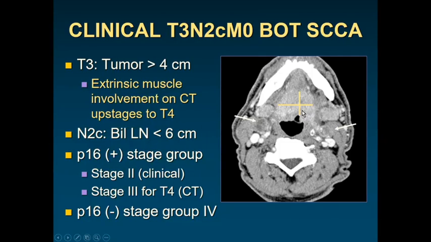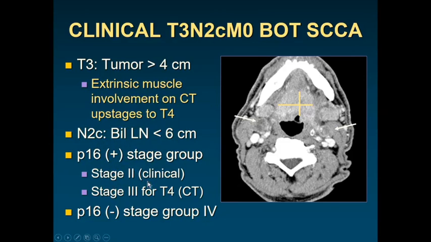This patient had a T3 tumor that was a little bit over 4 centimeters. You can appreciate on the CT scan that there's some involvement of the extrinsic muscles that would upstage this to a T4, even though clinically it was a T3. So this is a case where imaging actually made a difference. And there are bilateral cervical lymph nodes that are under 6 centimeters, so that makes this an N2C. For P16 positive